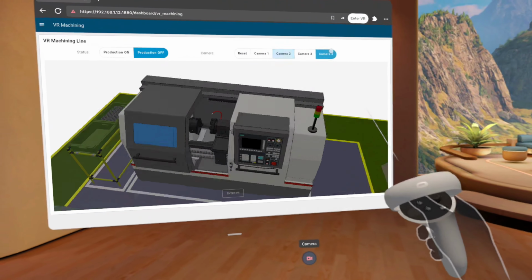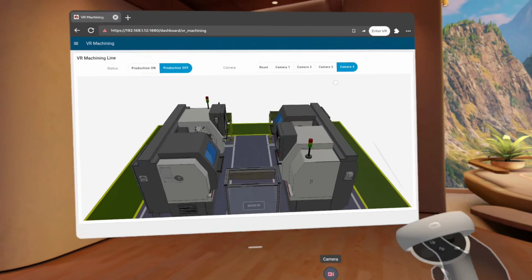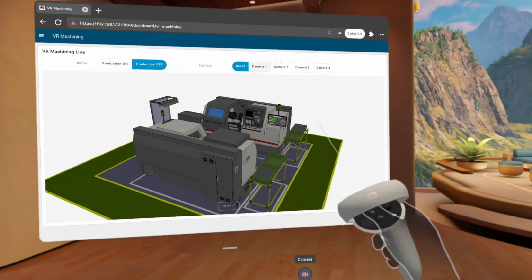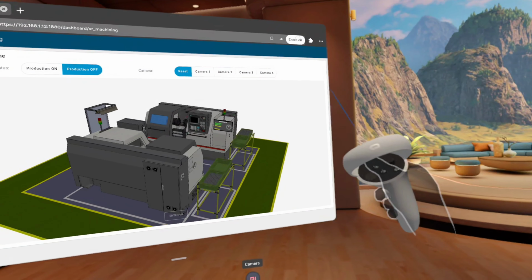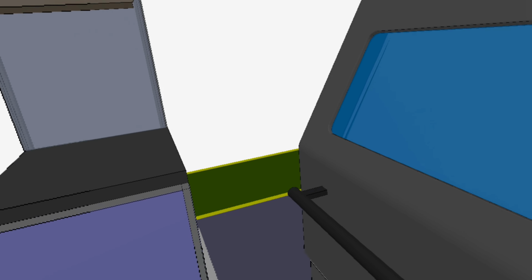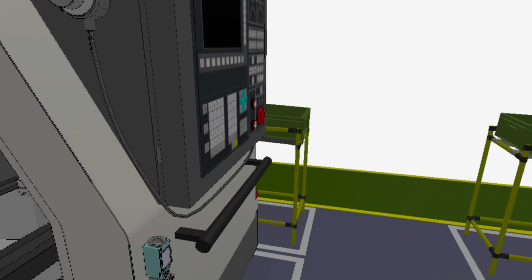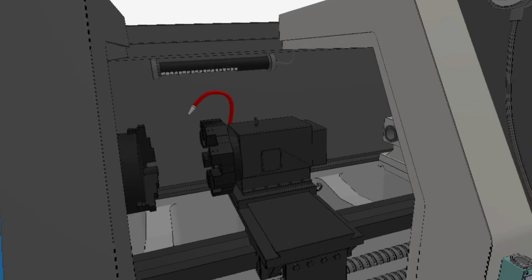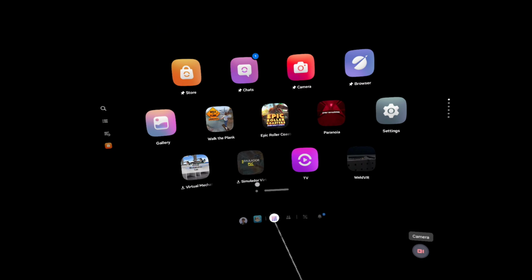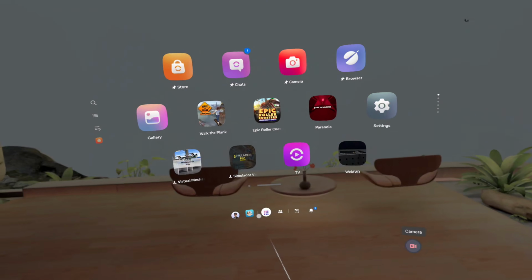We can still switch between different camera views and observe the production line from different positions. At this moment, the production status is off, so all production lights are turned off. But there is one interesting feature when accessing the dashboard in VR. We now have an additional Enter VR button. When we click this button, the browser switches into Immersive VR mode, allowing us to enter the 3D production environment